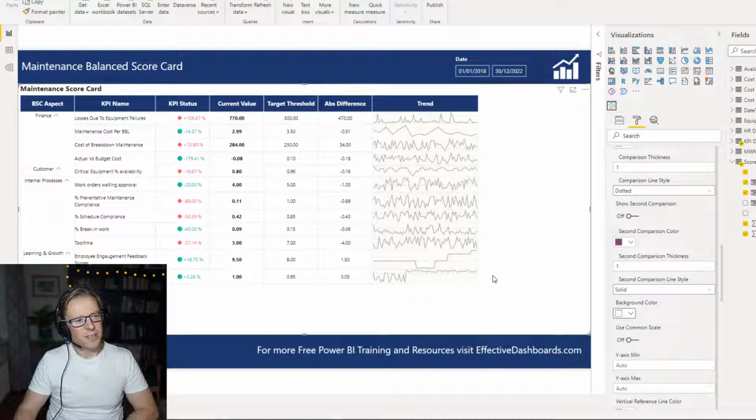Okay, I just think it makes it a little bit easier on the eye if it's slightly this kind of cream color here. So we can see we've got our aspects, we've got our actual names, we've got the performance above or below, we've got this value here is bold, we've got a target, we've got the absolute difference. Great. Next, we're going to look at how we can format these as percentages and values and use the appropriate